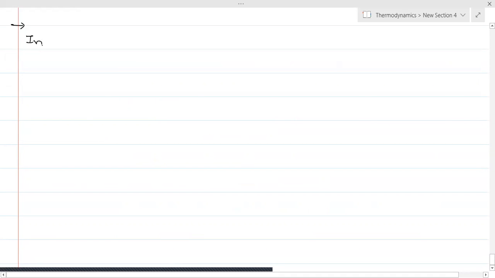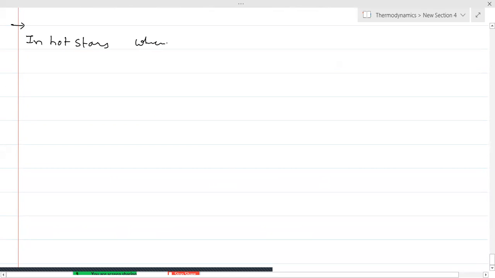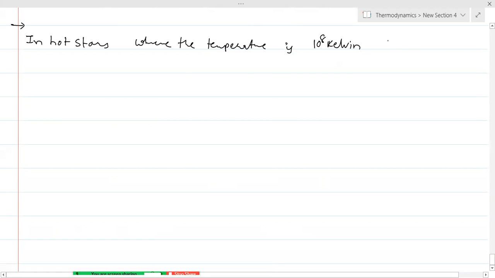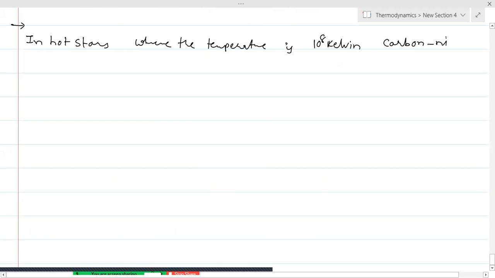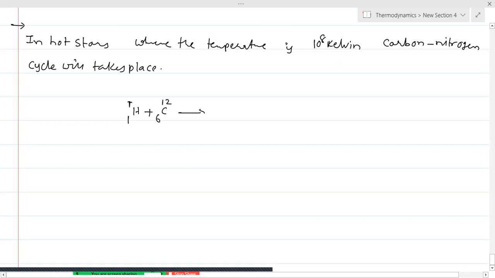And in hot stars, where the temperature is very high, 10 power 8 kelvins, at higher temperature the carbon nitrogen cycle will take place. First we will think of 1H1. It combines with 6 carbon 12, and we get 7 nitrogen 13 in the excited state